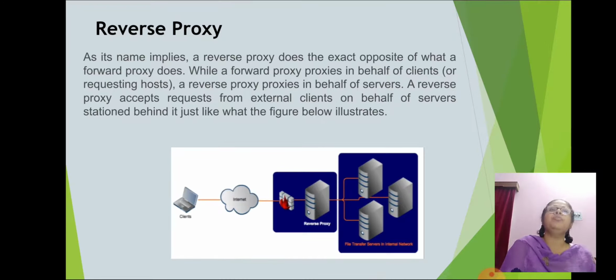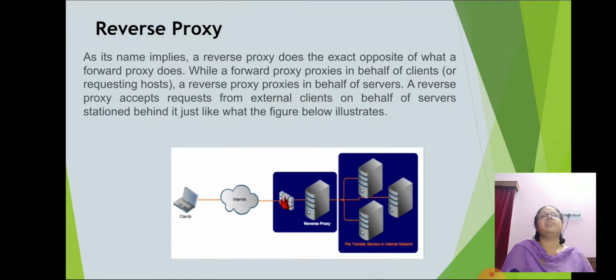When a group of servers provide resources to external clients, we can use another type of proxy server, which is called a reverse proxy server, to ensure the security of the group of servers providing services.